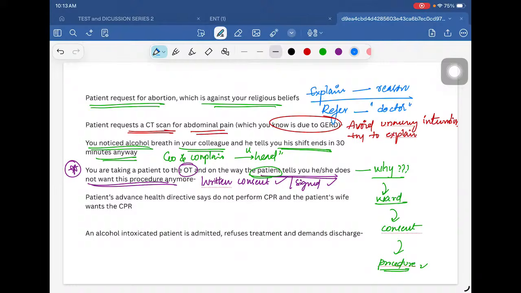Okay, a patient's advanced healthcare directive says do not perform CPR, whereas the patient's wife, who is the next of kin, wants the CPR. Should you do the CPR or not? Now,